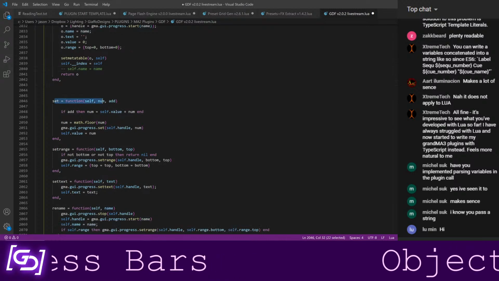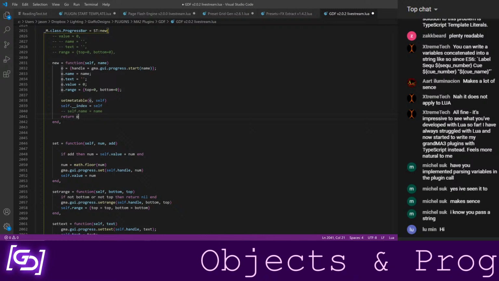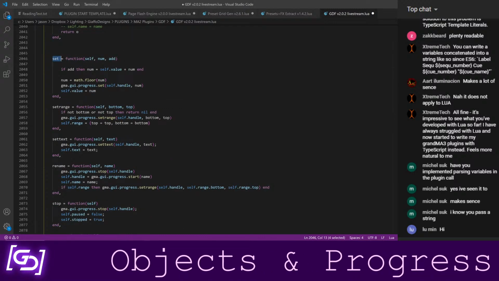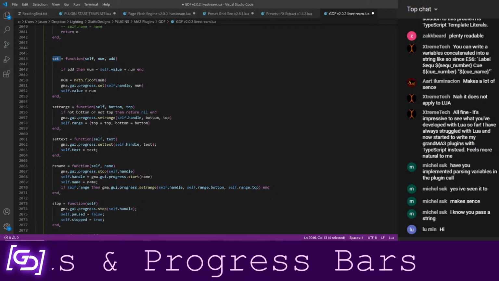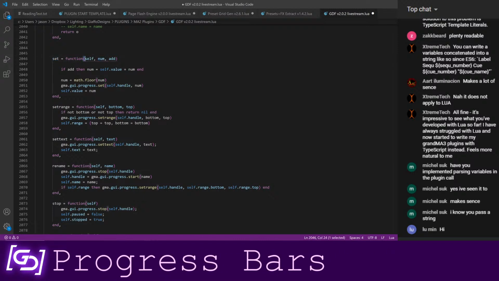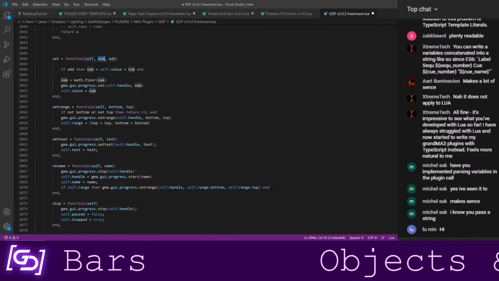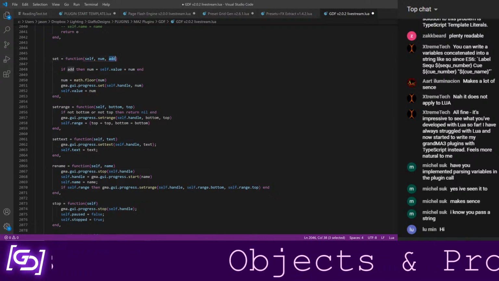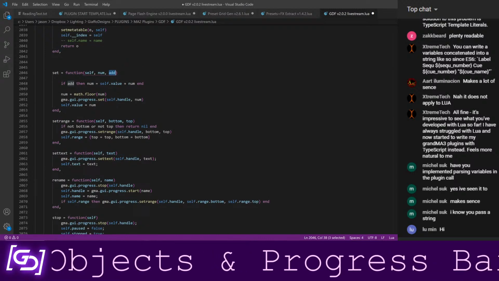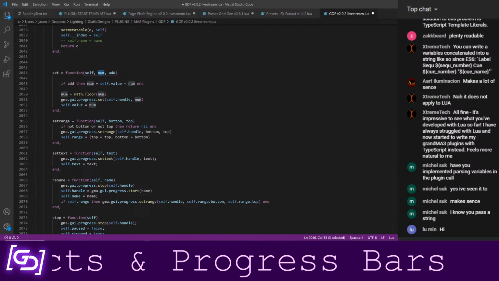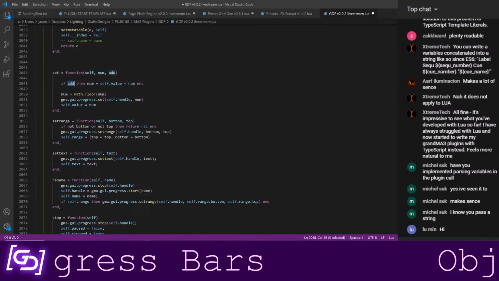Okay. So then we have a bunch of functions that we've set, and again, I didn't document these worth a damn. So we have the option to set something, set a value. So we have a number that we can provide. Again, self is the implied first argument, so it's the table that's calling it. We have the number we're going to set to, and then we have what is a Boolean value called add. Again, I haven't documented this correctly, but this is set up so that if I provide a 1 and then say add, the progress bar is just going to increment by 1. And that's shown in this logic here.